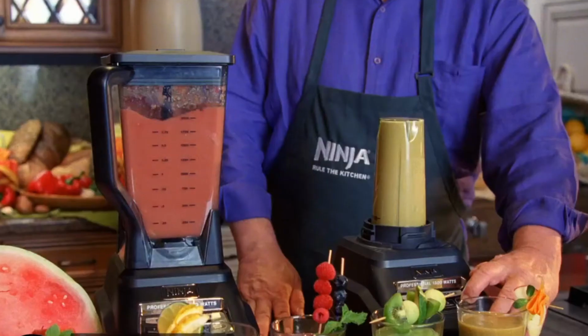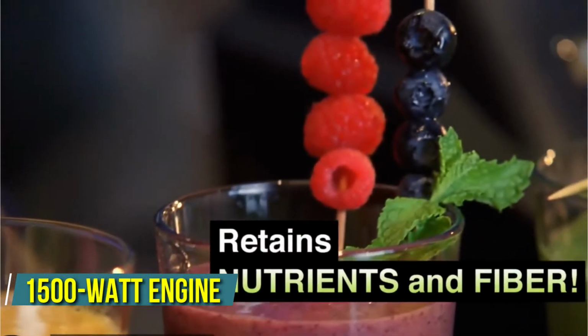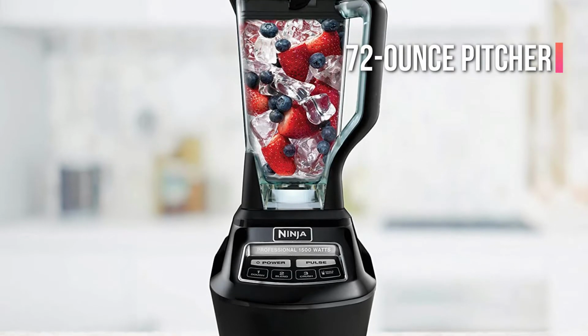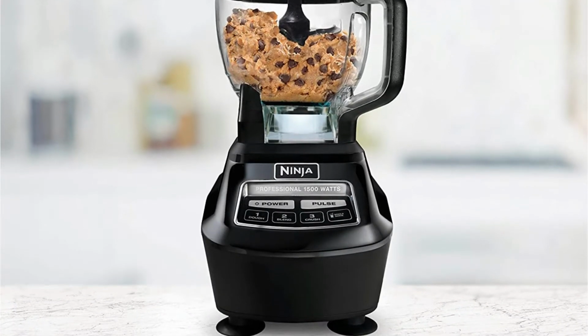Overall, we think the Ninja Mega Kitchen system is the greatest smoothie blender. This blender contains a 1500-watt engine that can break ice as well as frozen fruits and veggies. A 72-ounce pitcher and a 64-ounce processor bowl are included in the Mega Kitchen. Blending is significantly better with this unit's stacked and offset blades than with a blender with a single blade at